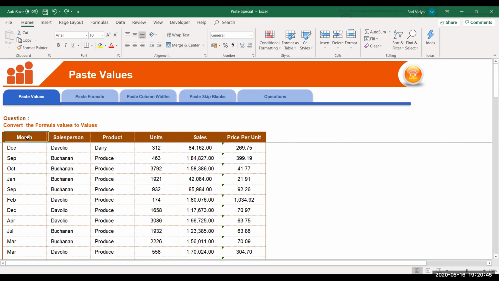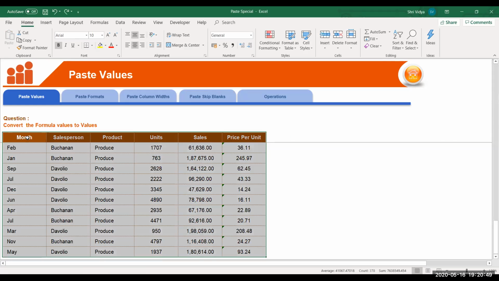Now, first of all, when you have to copy data, you first select it and use Control C as the shortcut key to copy any data. Once you copy it, that becomes your source. Any data that you have copied is known as the source. Next, you first choose the destination where you want to paste it. You'll select a cell.